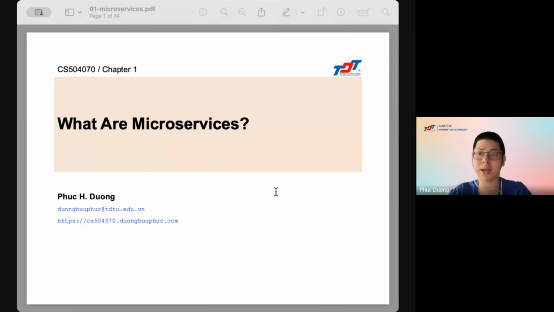Okay, so last week we have introduced some basic concept of microservice, especially we focus on the monolith architecture. The monolith in Vietnamese we call kiến trúc nguyên khối. So in the monolith architecture, we focus on some aspect of this approach. For example, firstly, this is a traditional unified model for design software program. And the second property of a monolith architecture is it is designed to be self-contained. So the program components and functions are tightly coupled together.